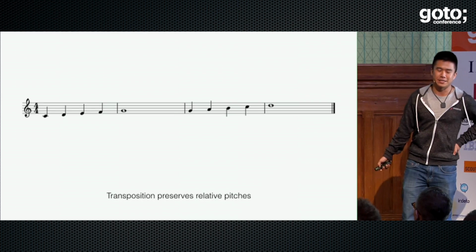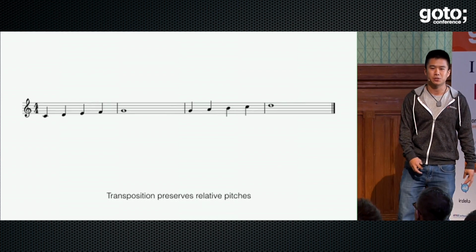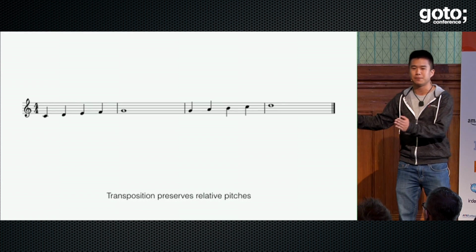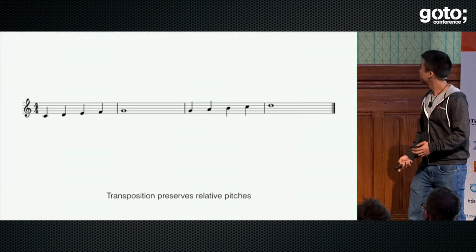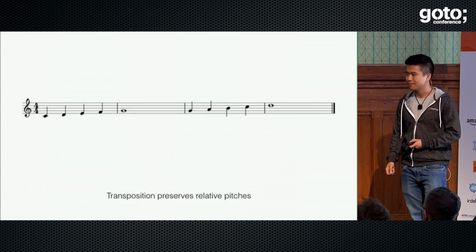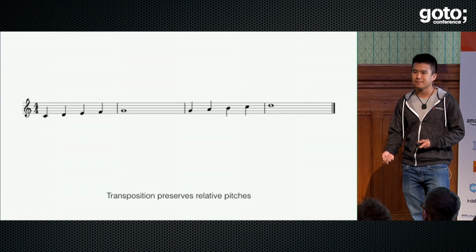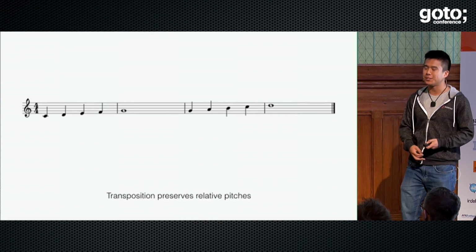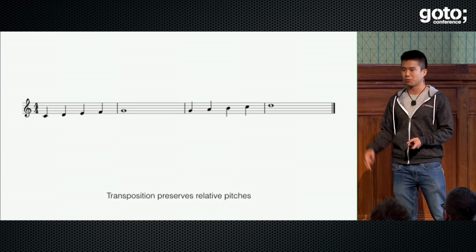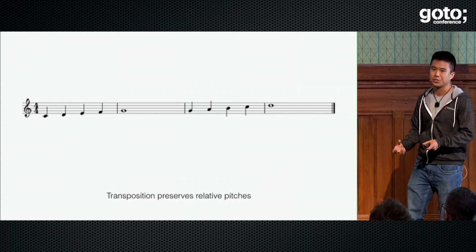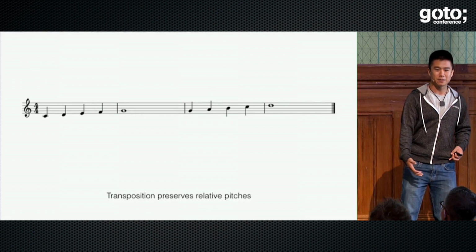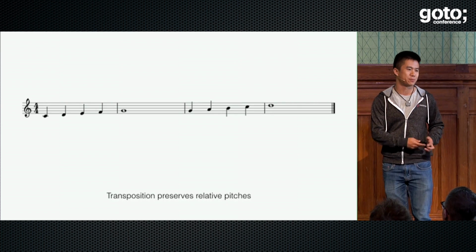This first measure is a progression of 5 notes written in C major. And then what I did in the next measure is I just moved it up by 5 whole steps. So yeah, the pitch did change. It's absolutely higher on all accounts. But the relations between the notes didn't change. And the sensation, the motifs that the music is bringing out, those still remain fairly constant even after transposition.